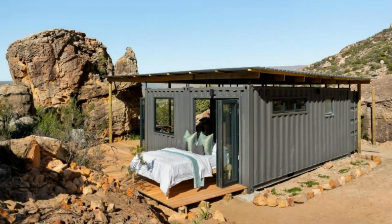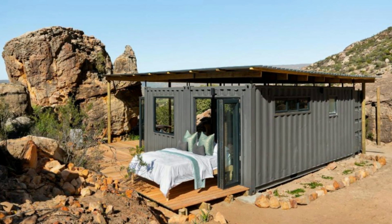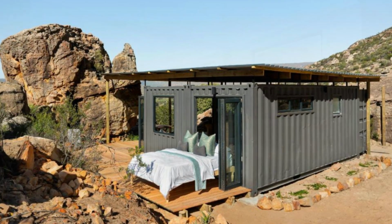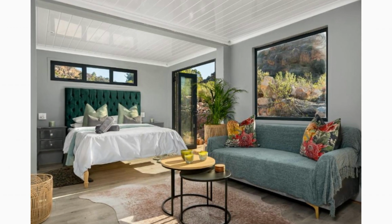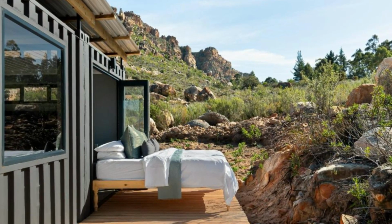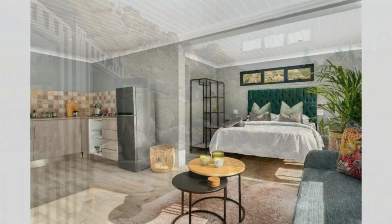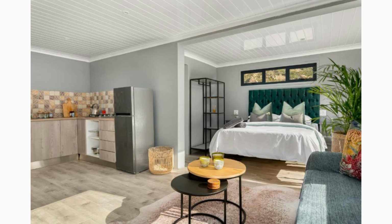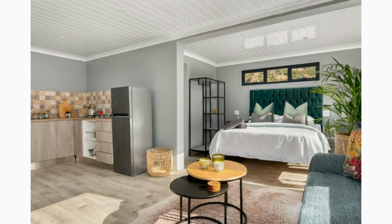The container retreat is built using two 20-foot shipping containers placed side by side, creating approximately 320 square feet of habitable space with an additional roof above the shipping containers stretching all the way to a covered outdoor deck. From a covered entrance patio, the seamless open-plan layout ensures comfort and convenience, allowing for an effortless flow between living